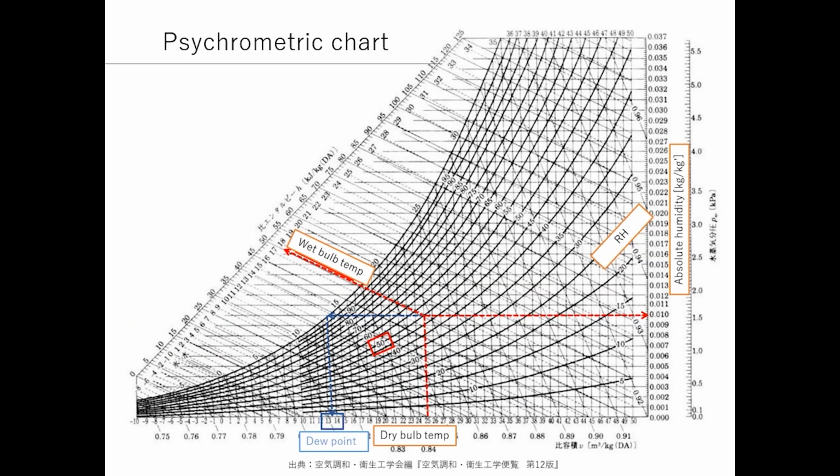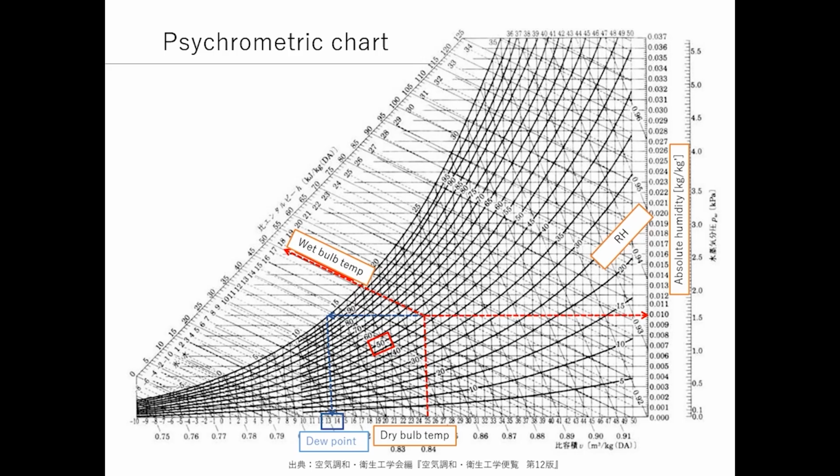This is called a psychometric chart and shows the relationship between temperature, absolute humidity, relative humidity, and dew point. The horizontal axis shows the temperature. The vertical axis on the right shows the absolute humidity, and the curves, drawn many times, show the relative humidity. If you know two of these values for a given environment, we can obtain all the other values from this